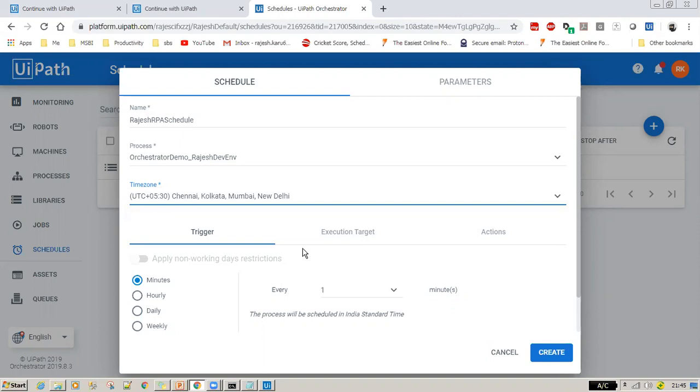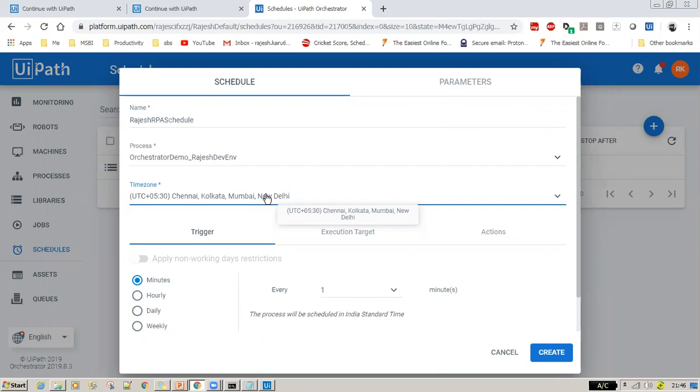So in that, they will define these particular schedules. That means automatically, once a schedule has been defined, nobody will run anything. The system will pick that particular named process and go to the machine it's supposed to run on, because there is already an association between which machines it's supposed to run on and when to run. So this is how the schedules practically work.